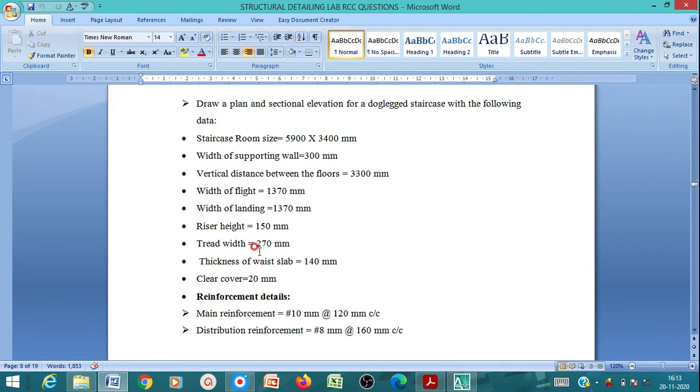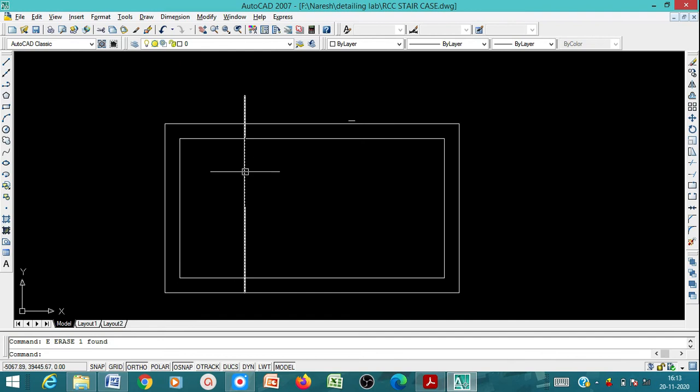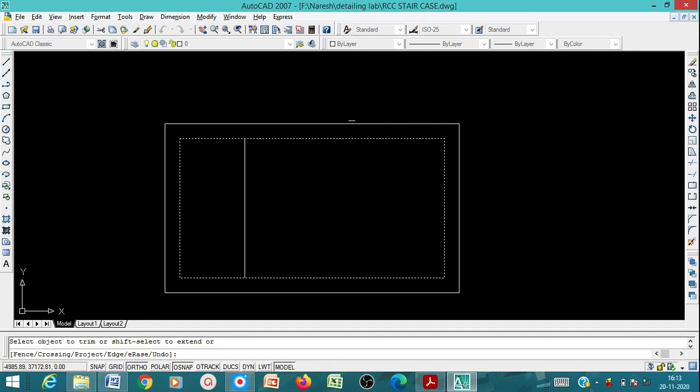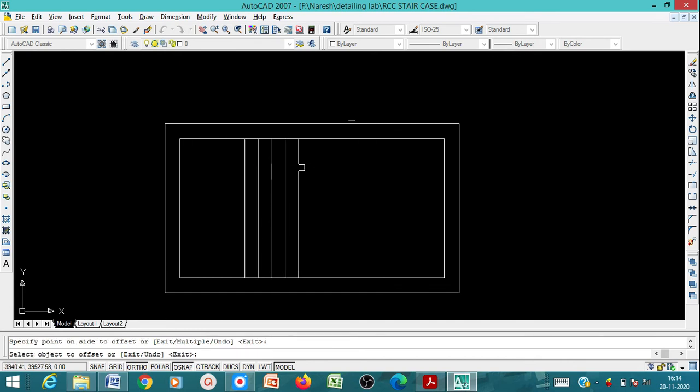Yes, the size of the tread is 270. So you have to give an offset of 270, and I'll just trim here. Offset of 270, how many? 10. So 1, 2, 3, and so on.